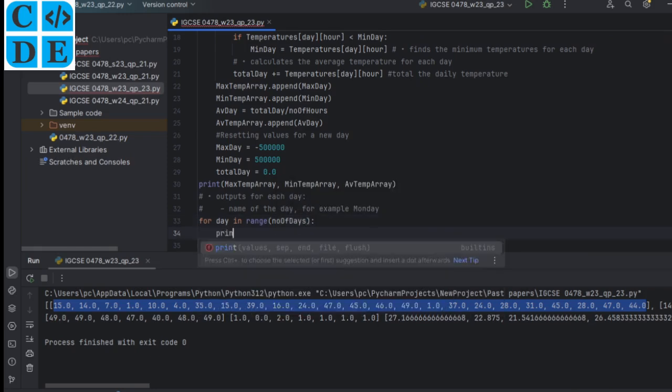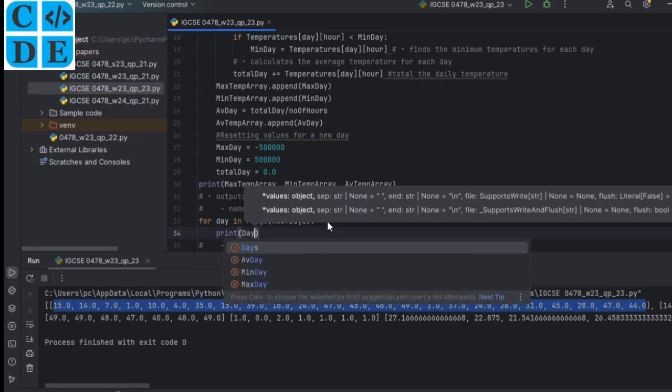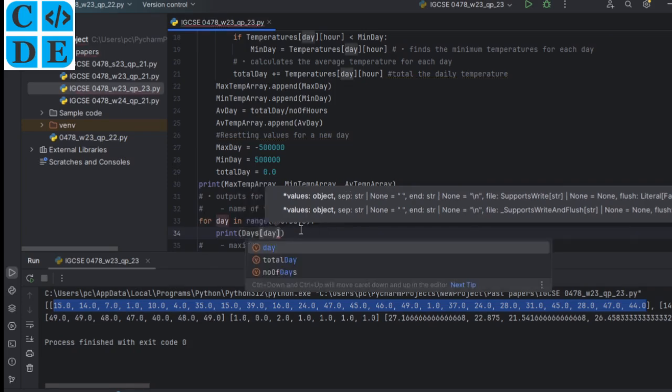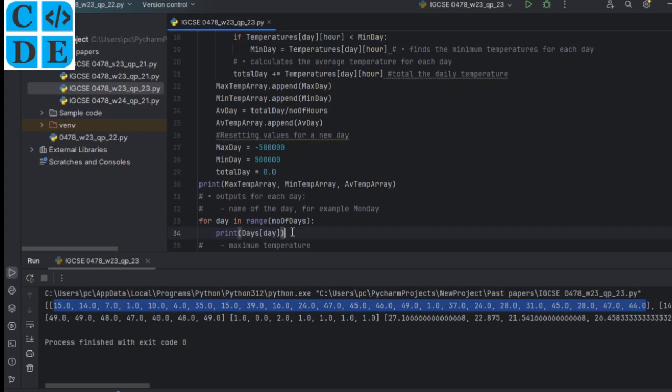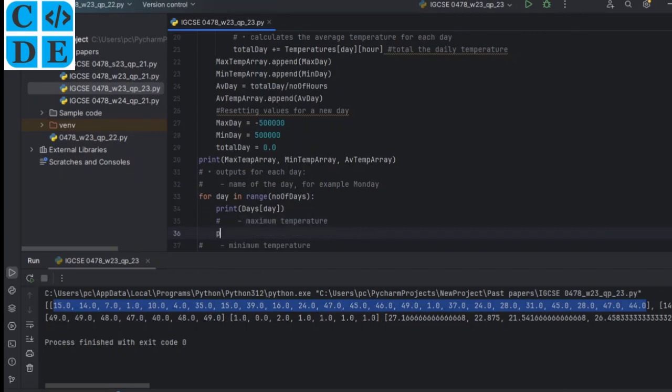So we need to print the day. Now remember, we have an array already that we called days, right? So we need to do days for day. So print for Monday. So when you print Monday, we will now print maximum temperature. So let's use this one. Print